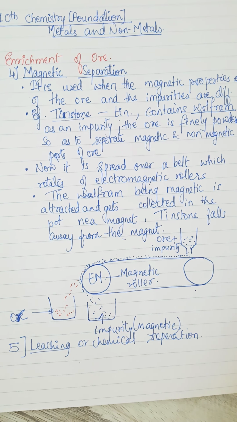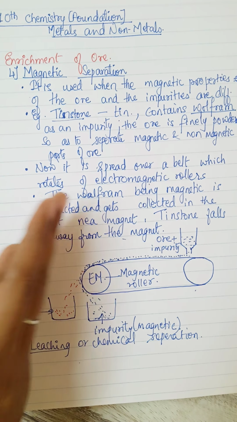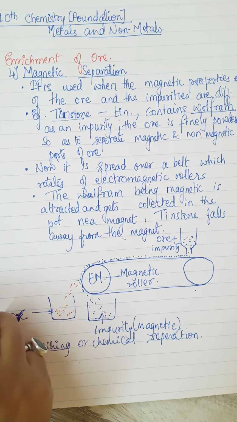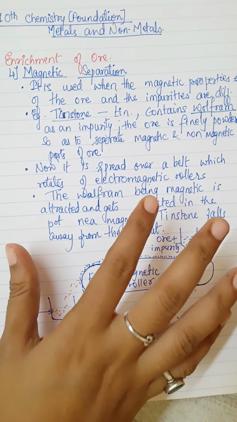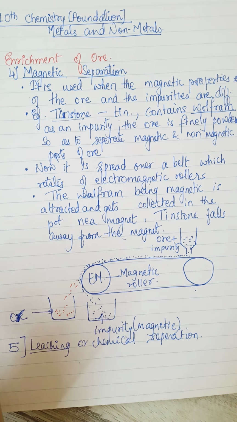So what we do, the ore which is powdered will be treated with a solution of sodium hydroxide, and when sodium hydroxide is added to bauxite ore, it will dissolve Al2O3 and SiO2 present in it, right, forming sodium aluminate and sodium silicate respectively. The impurities will be left behind, and since the impurities are left behind, they can be easily